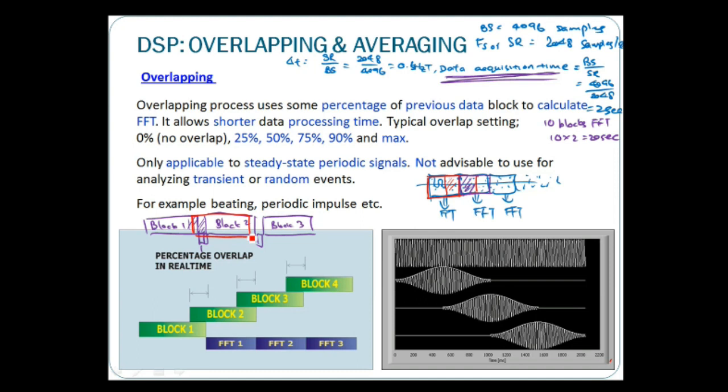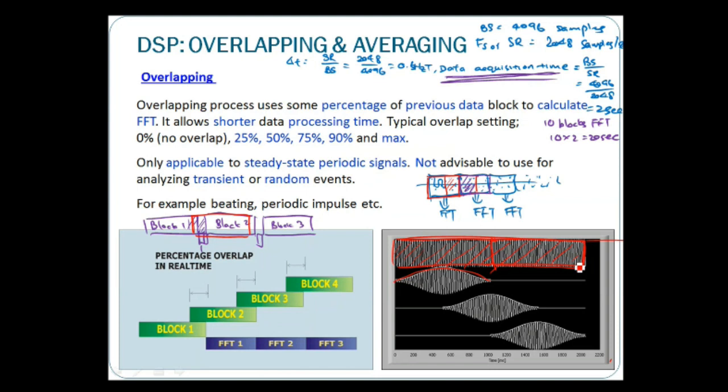But then you remember that the length of the raw data here, I'm talking about the time series of data, if you are doing overlapping, the time signal that you are capturing will be shortest. If you are not doing overlapping, then every block will have this size, and then another size, so you have a longer time signal. Of course, if you do overlapping, you will save time and space, but